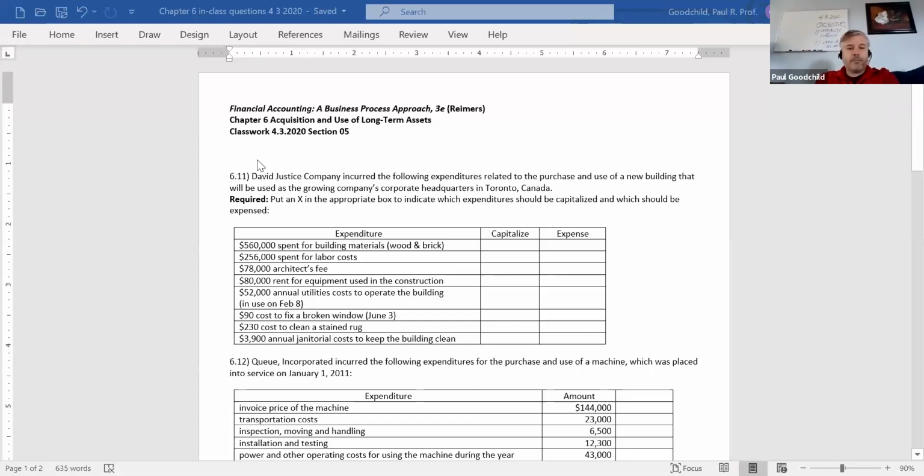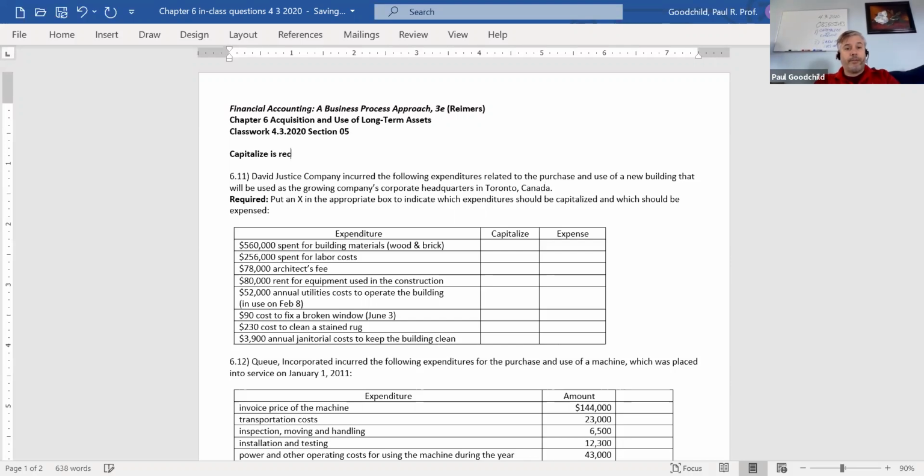Okay, so I'm going to our Chapter 6 worksheet. And today we've got two things that I want to talk about. We've already done the second one before, but just rehash it in a little bit more detail and remind you about gain or loss on the sale of long-term assets. But the first thing that we want to do is talk about whether or not we should capitalize or expense things. And so hopefully you remember from earlier discussions, capitalize